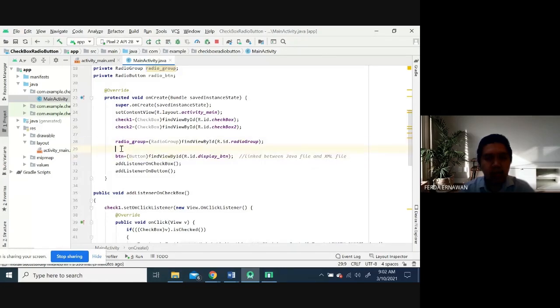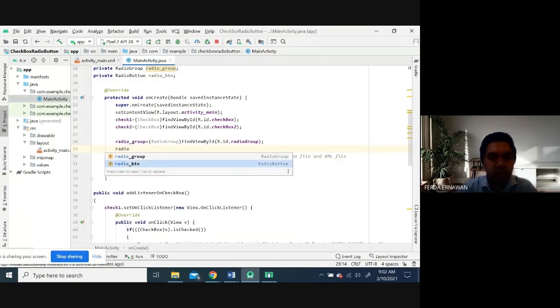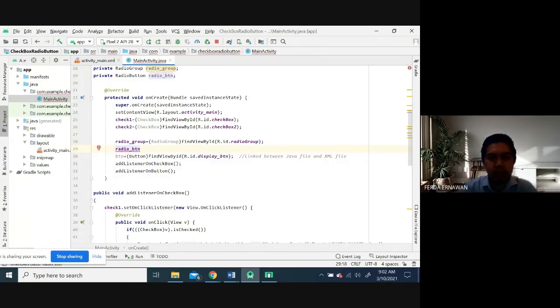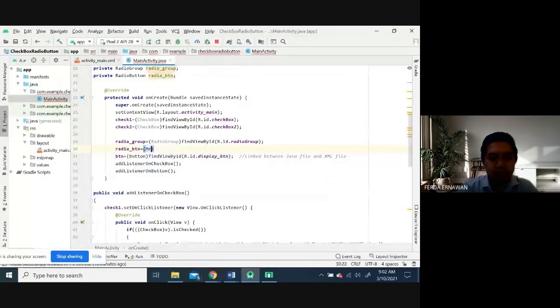But oh, one more radio button, I forgot it. Radio button. Ini radio button. Radio. Radio button.